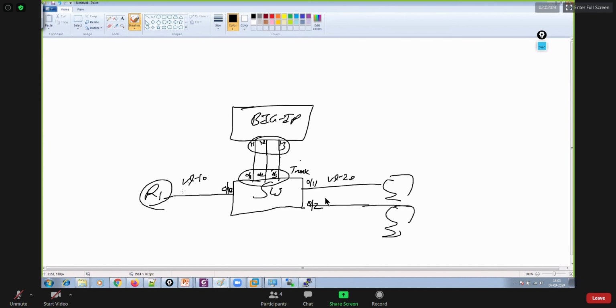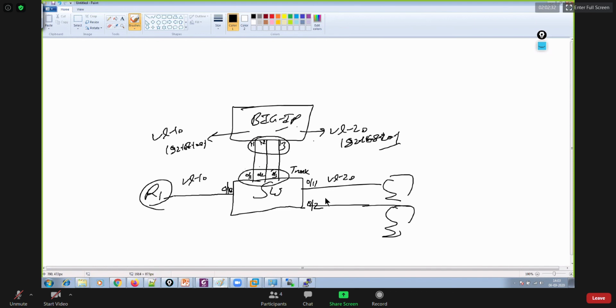And then over Big IP, you will have to create what? The virtual interfaces using VLAN 10. So you will have to assign IP address to VLAN 10 as well as VLAN 20. So here you can assign IP address like 192.168.100.1, and over here you could assign an IP address 192.168.20.1. So even this is also supported by Big IP.